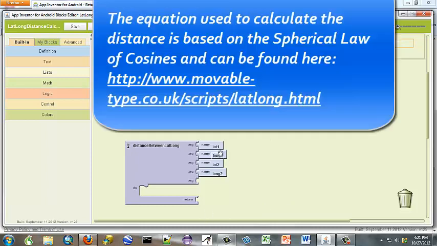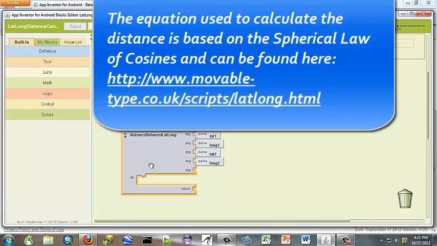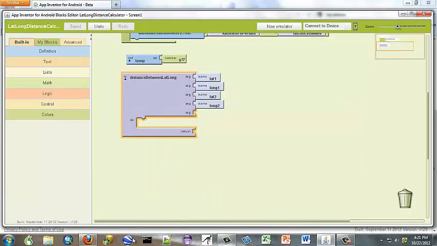So, now we have used the spherical law of cosines to calculate this, and I'm not a math teacher. I gave you the website to go to. I love math, don't get me wrong. But I'm just going to plug in the equations. So here we're going to set our global temp,